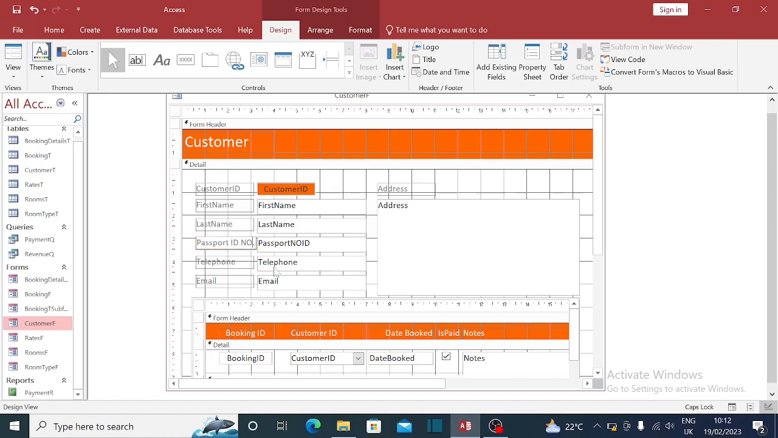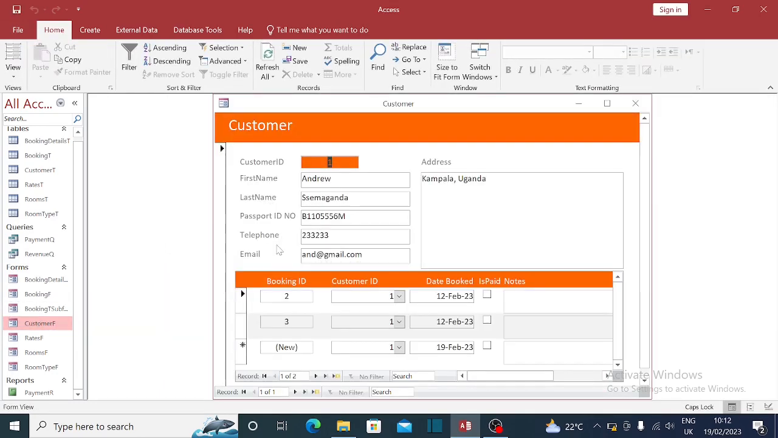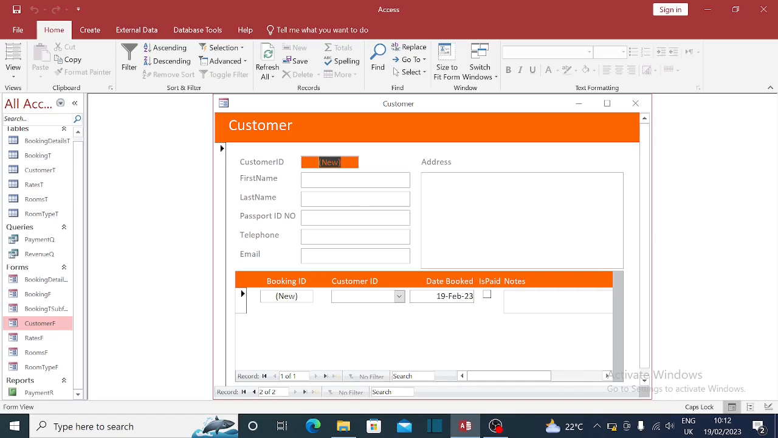So I've edited it such that it looks better. Telephone number, email. So you can add another customer. This is new. I can add. This is auto, that's why it has an orange color. I can add any name, James, James Carley, passport, maybe this is the passport number, just hypothetical, telephone number, some telephone number there, email,